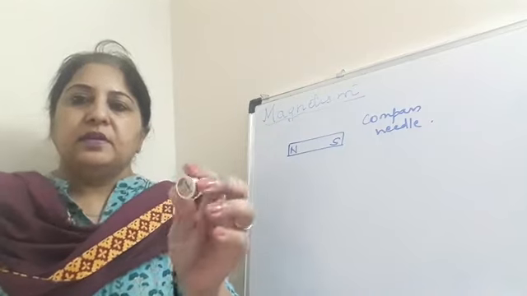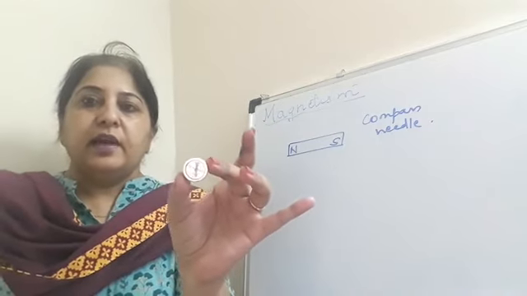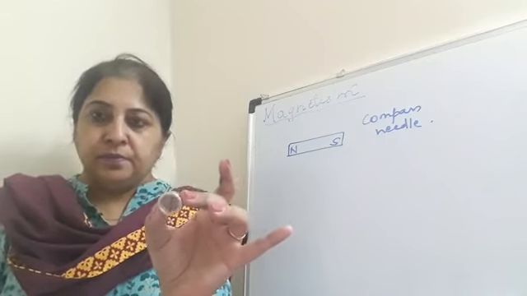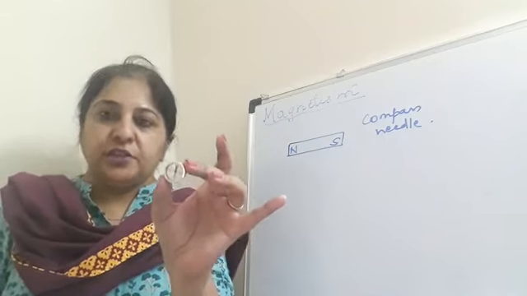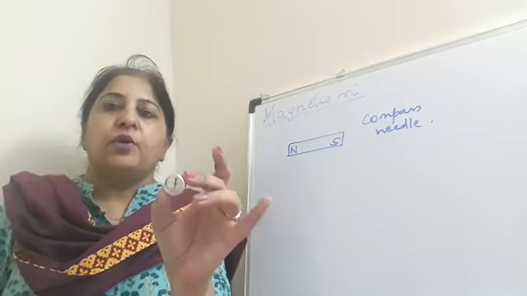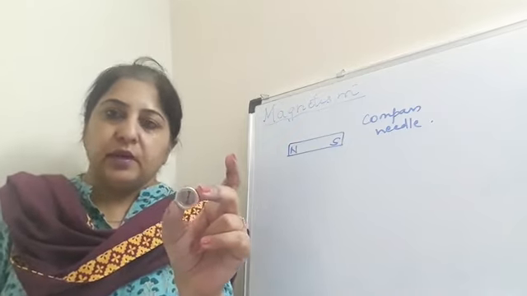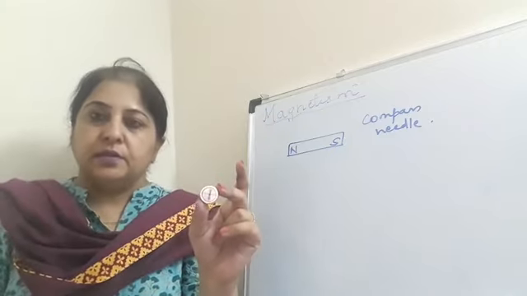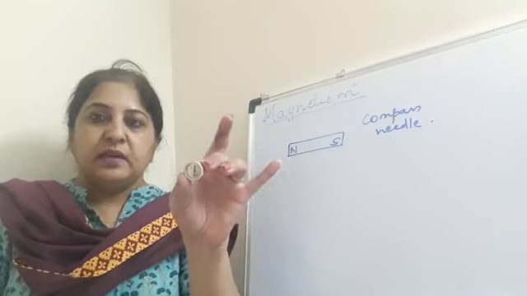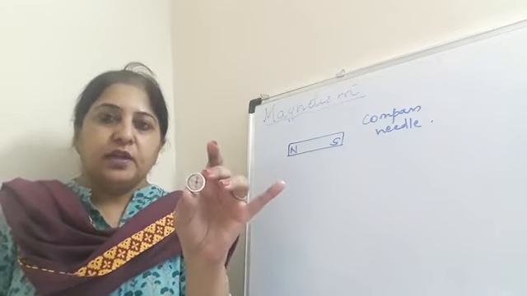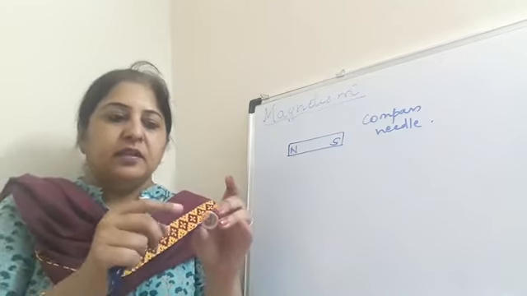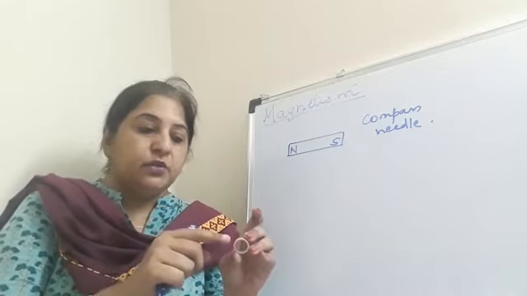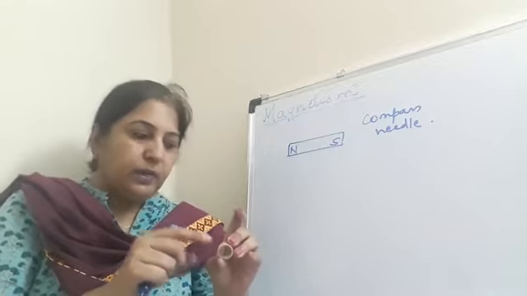This is a compass needle, right? This shows a direction. So if you bring this near a magnet, it will show the deflection, right? And it will point in the north-south direction, right? Because this also behaves like a magnet. So this is what a compass needle is. If you have it at home, you can check. If you bring it near the magnet, there will be deflection seen in the magnetic needle. This is also a magnetic needle.